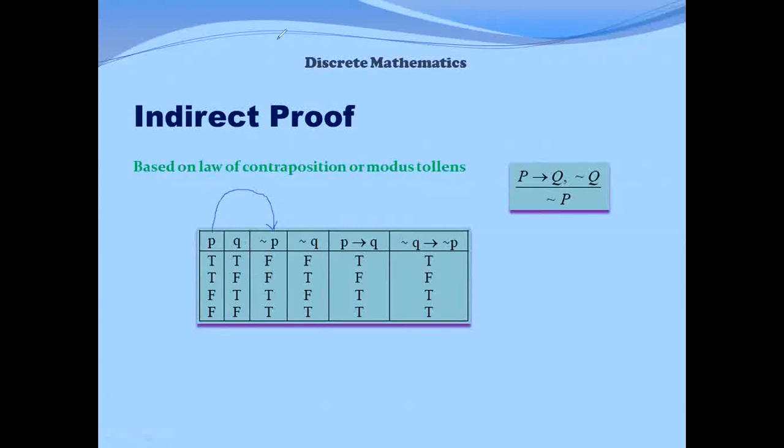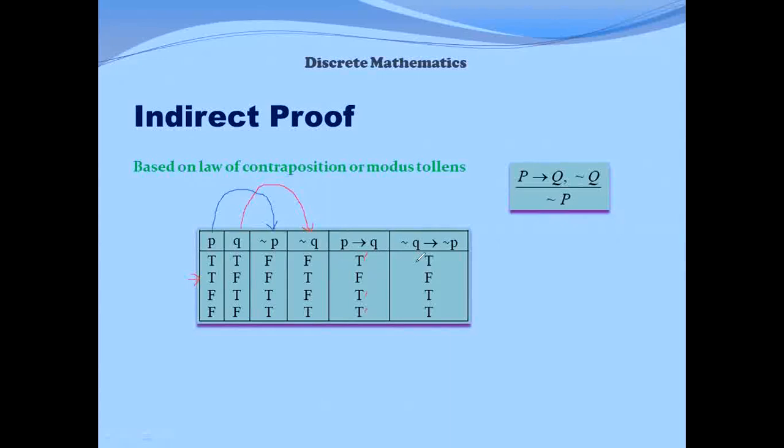Then I have taken the negation of Q in the fourth column. In the fourth column it is in alternate form: false, true, false, true. And P implies Q says P is the hypothesis and Q is the conclusion. If the hypothesis is true and the conclusion is false, then this formula will be false. In all other cases, it is true. P is true in the second row and Q is false, so P implies Q is false, and in all other cases it is true, that I have shown in the fifth column.